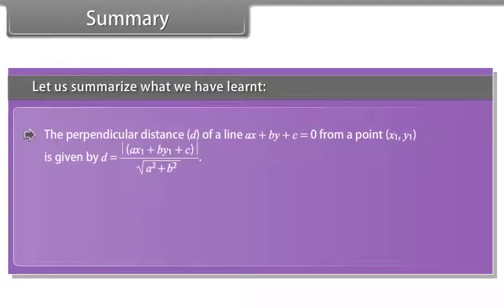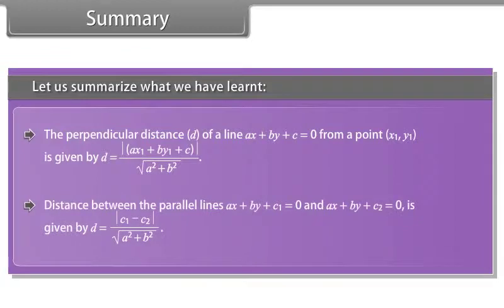The perpendicular distance d of a line ax + by + c = 0 from a point (x1, y1) is given by the distance between the parallel lines ax + by + c1 = 0 and ax + by + c2 = 0 is given by